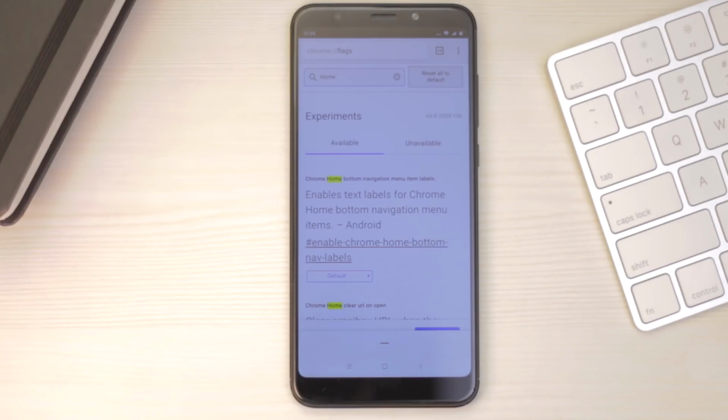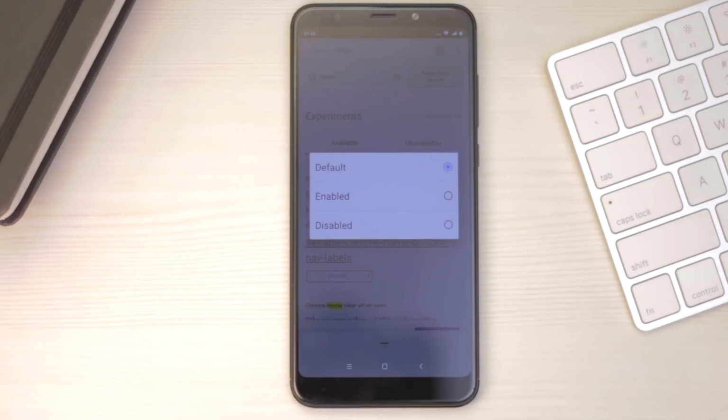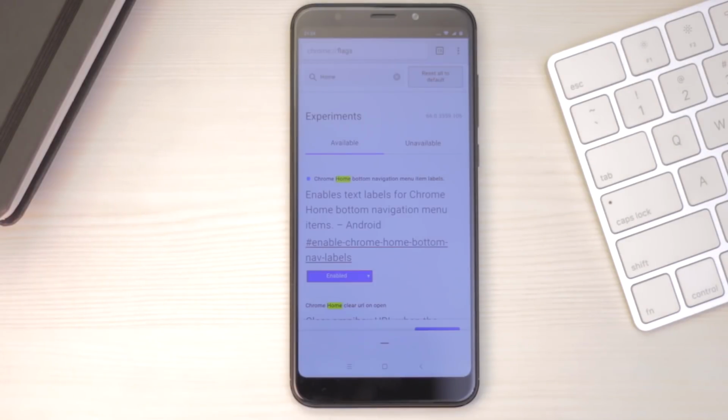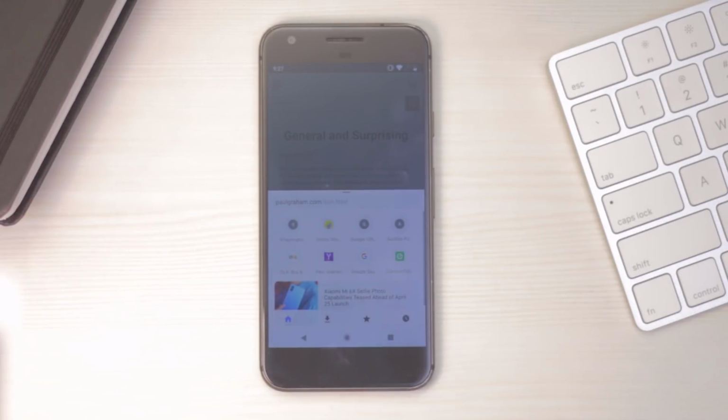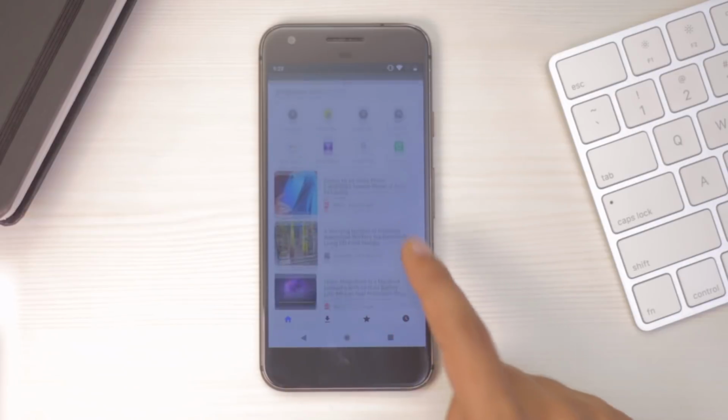Thanks to Chrome Home Android flag, now you can move the address bar to the bottom. A while ago, it had stopped working for some users, but now it's back. Just make sure you restart your Chrome browser 2 times. You can also swipe up from the address bar to see the list of frequently visited websites.